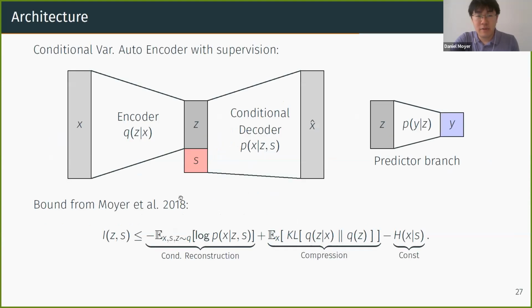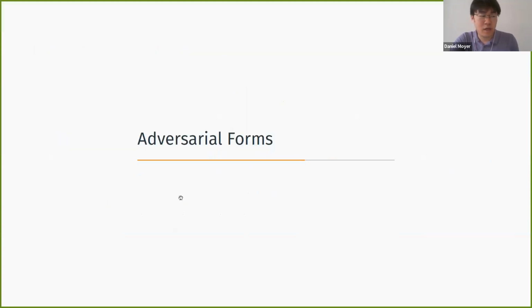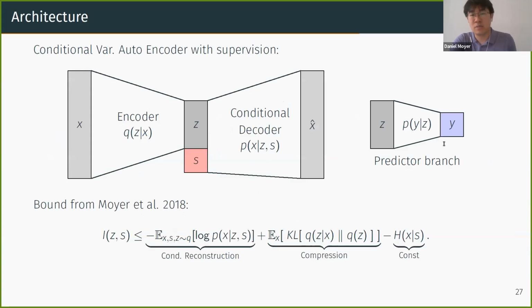Okay, so adversarial versions. Another way of doing this, and actually a much earlier form of doing this, is to put an adversary at the Z layer, at this bottleneck layer. So here we have the encoder decoder from last time, and then we'll have a prediction branch now. Previously, we were trying to predict a phenotypic variable, for example, or some label unrelated to F, hopefully. This is our Y prediction task that we want to be invariant to F.